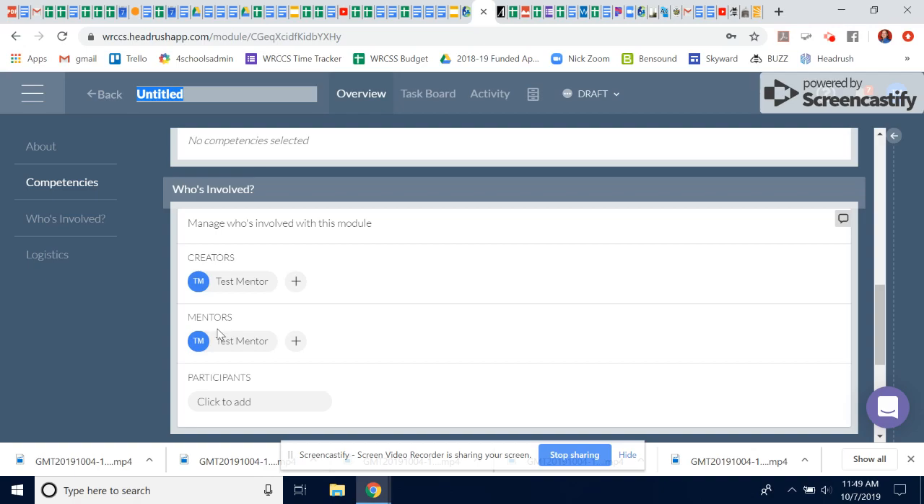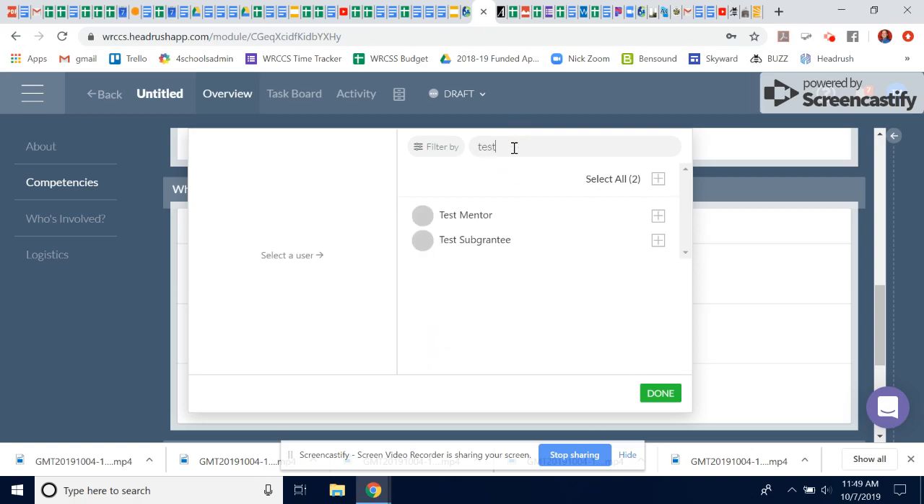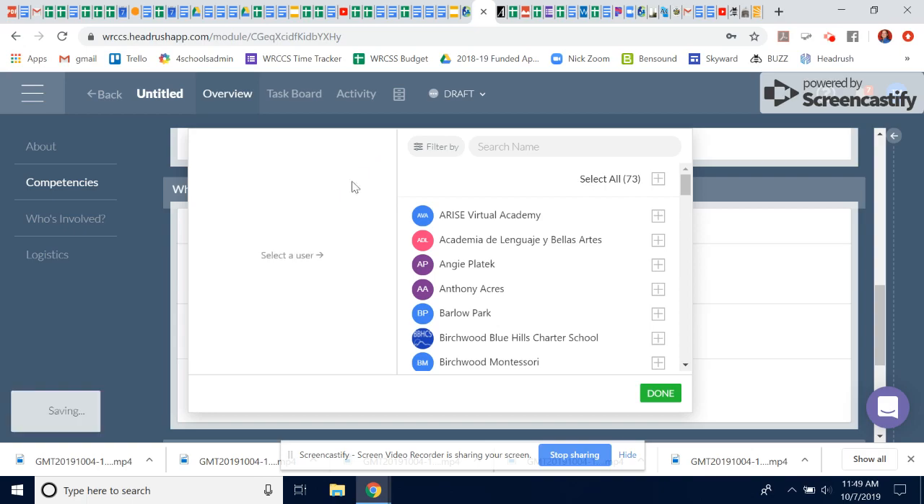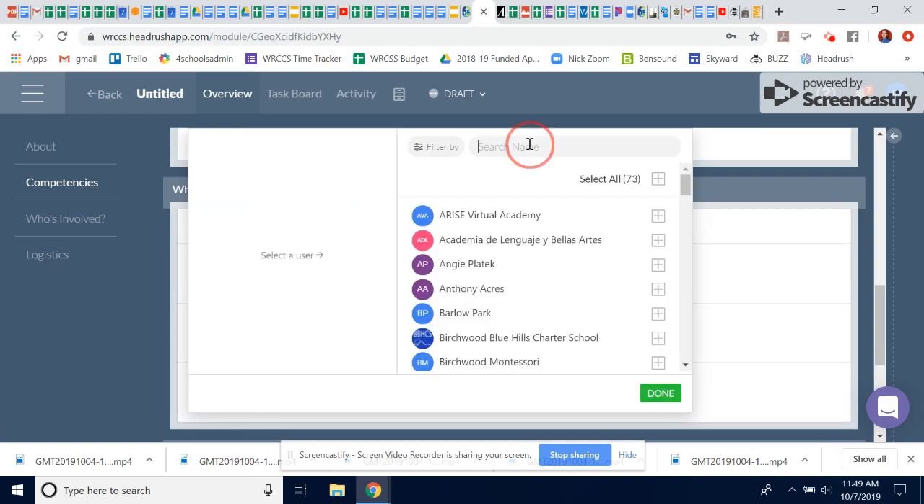You would not be able to put yourself as a mentor and yourself as a participant, and I'll show you that here. If you are the mentor, it will not allow you to do that. Students or participants cannot be both a participant and a mentor. The system, HEADRUSH, will not allow for that. But if I was to take myself out as a mentor here, then I would be able to add myself